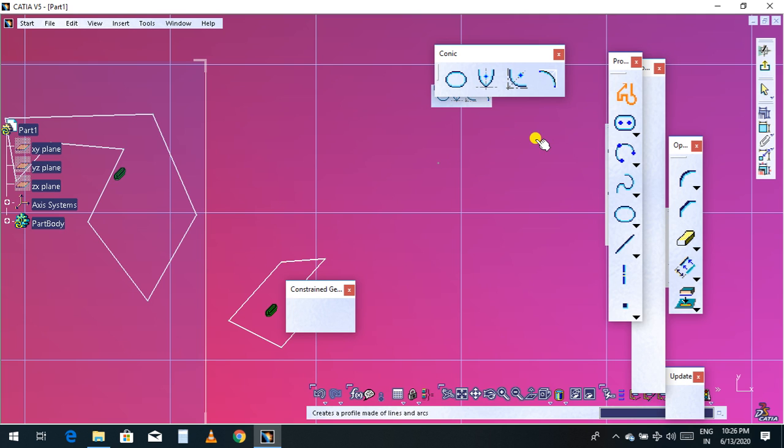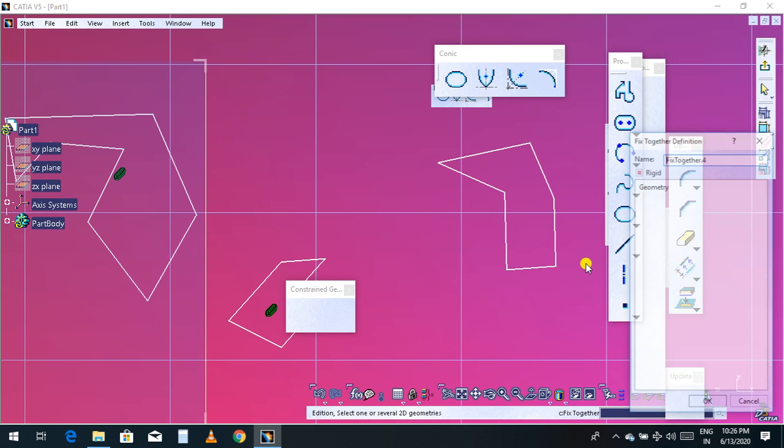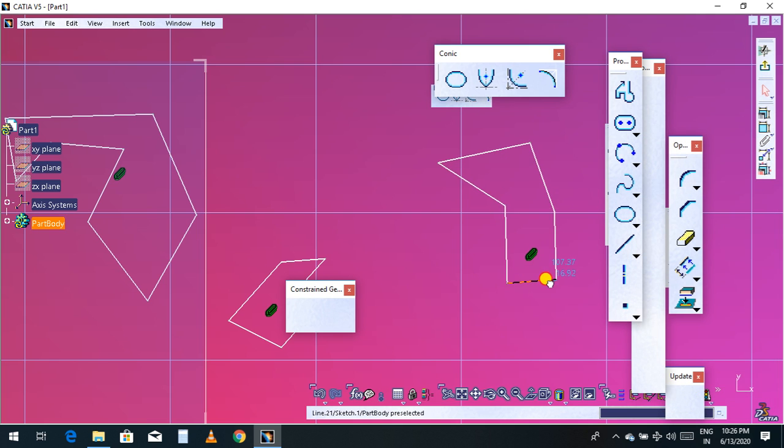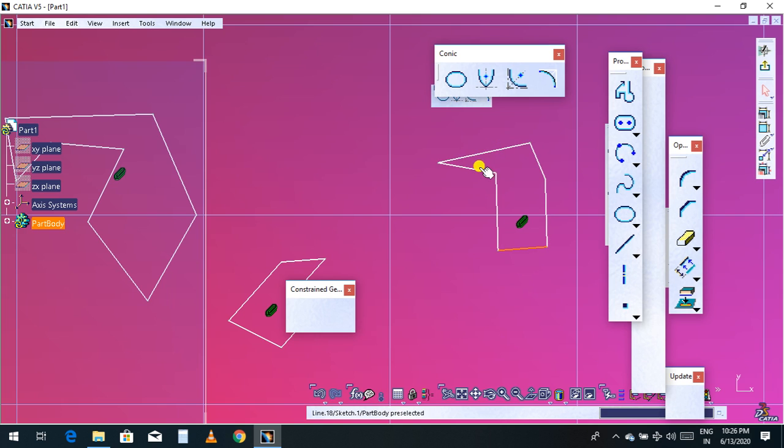Click Profile line, select here. Now click Fix Together. Select this line, this line, this line. Click OK. So this line is fixed, but these three lines are not fixed, so they will move, leave their positions and change the constraint dimensions. Right? So this is called the fix command in CATIA.